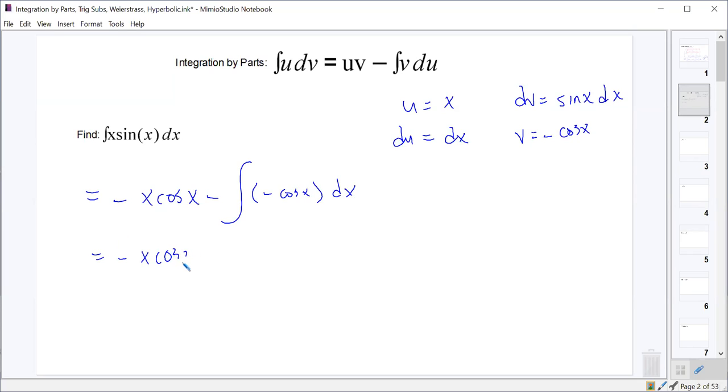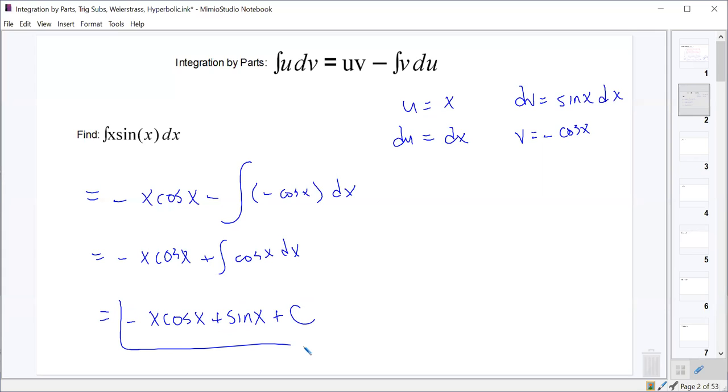And so then all we have to do is integrate. If we wanted to, we could turn that into plus an integral of cosine x dx first, just taking the negative out. And what does that give us? Negative x cosine x plus sine x, plus your constant. And so that ought to be the integral of x sine x dx,